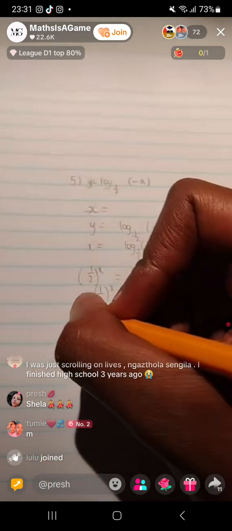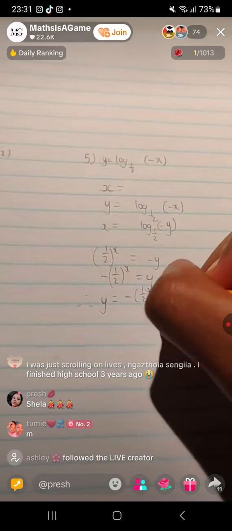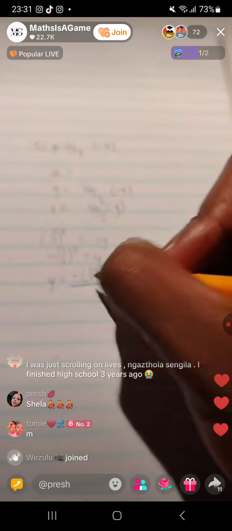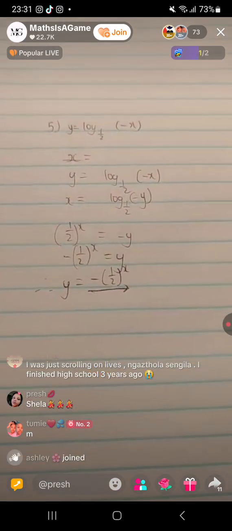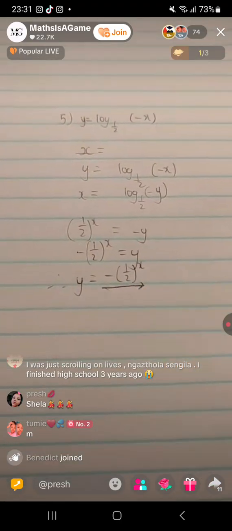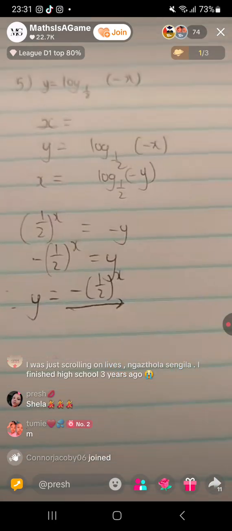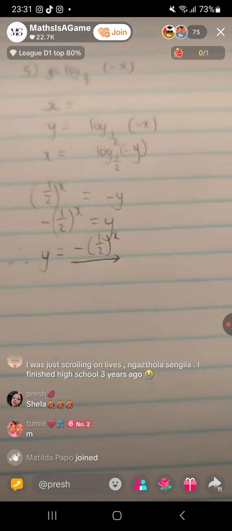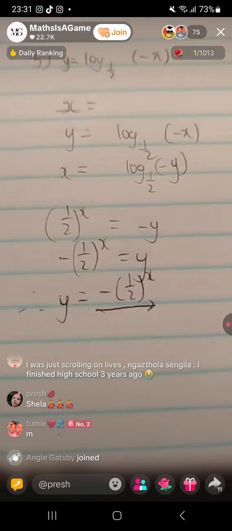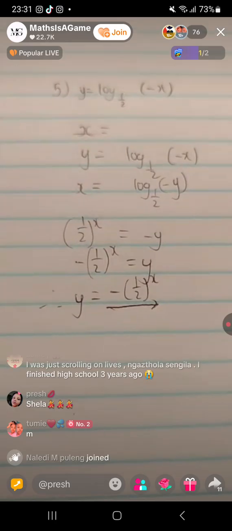Divide both sides by negative. Guys, the answer is y is equal to negative half to the power x. Remember, this is the positive exponent. It can only be in this state. Okay. If we would write it as 2 to the power negative x, it just means we are writing it as a negative exponent. We want to leave it there in that situation. But I guess if you leave it as y to the power 2 to the power negative x, that's also technically right, but as positive exponents, this is how it would be.